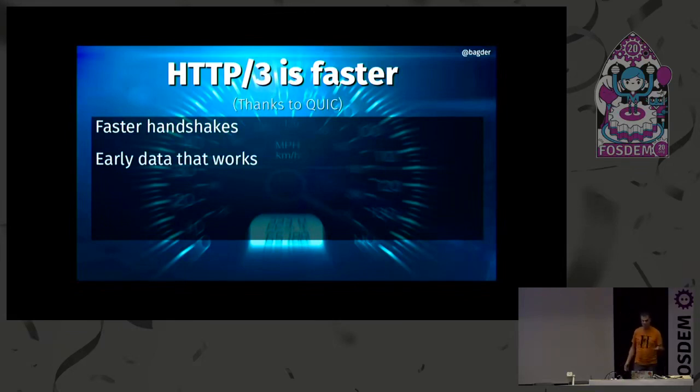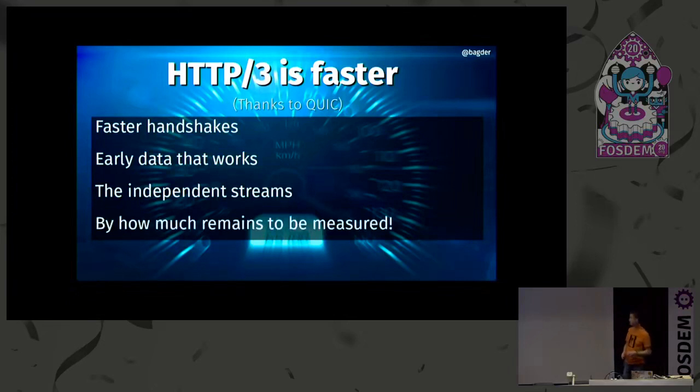And zero RTT is much fewer RTTs than the 5 or 7 you get with TLS and TCP. And you get early data that actually works, so you should be able to send a lot more data much earlier in the handshake. So yes, it should be a really good latency improvement for those first important packets, especially in HTTP and such protocols. And the independent streams are really going to be good, especially for you with crappy networks, which typically aren't us in the Western world. But the worse network you have, the better QUIC and HTTP/3 is going to get, I think, in comparison to previous protocols.